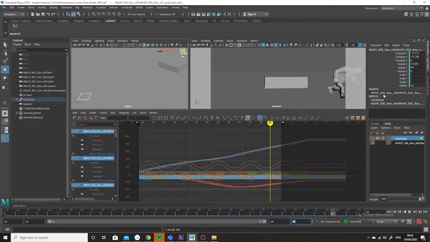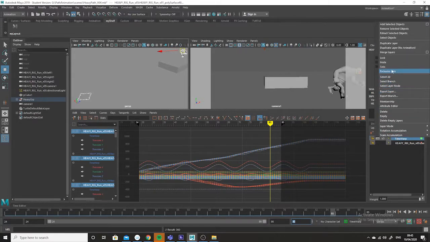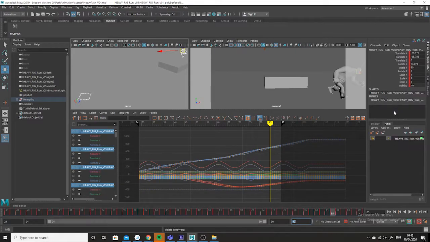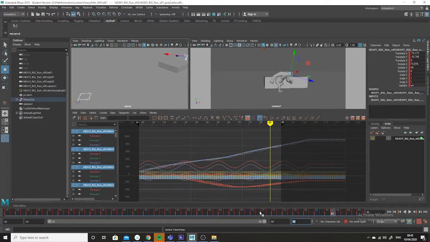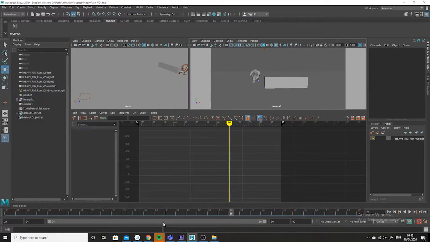And now what I'm going to do is I'm just going to delete the time warp layer, delete, and the actual time warp itself, if I go into key, scene time warp, I can delete scene time warp, and he should still have this animation. If I go off the animation on him,